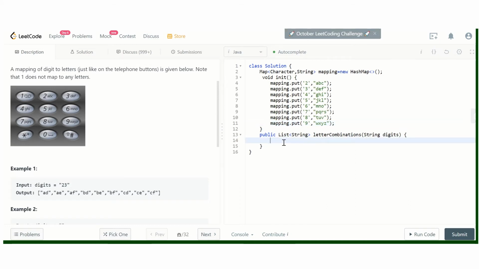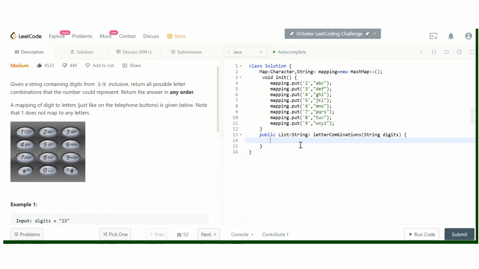Now let's start our recursion. Before starting our recursion, we should check for the base case and all the corner cases as well. So let's first create a result array, list of string, result equal to new.